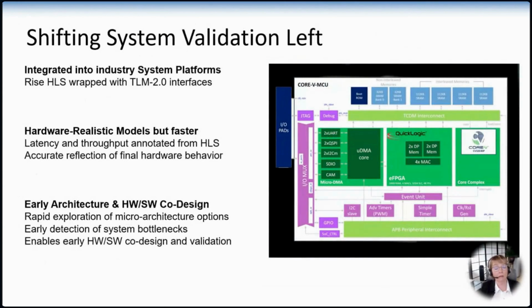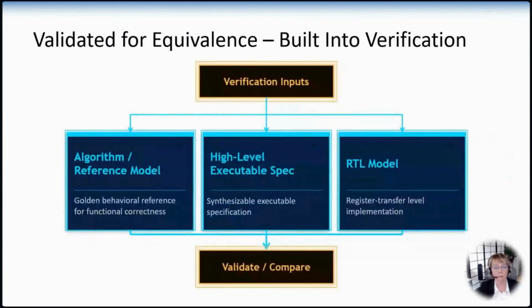Then it's the executable spec, the high-level model, wrapped in a TLM2 interface that enables you to shift left the system validation, because it's a hardware-realistic model that's been annotated with latency and throughput, but much, much faster. So you can do rapid exploration and early detection of system bottlenecks, not only hardware and software co-verification. So I just want to do a real quick intro of some of the